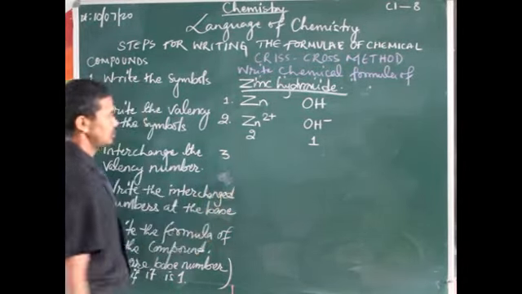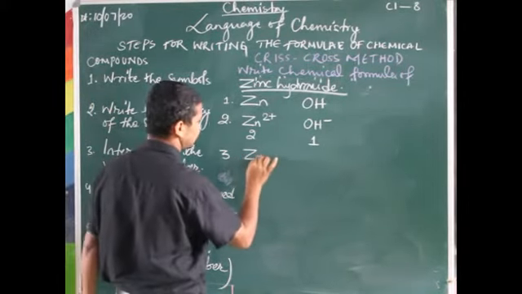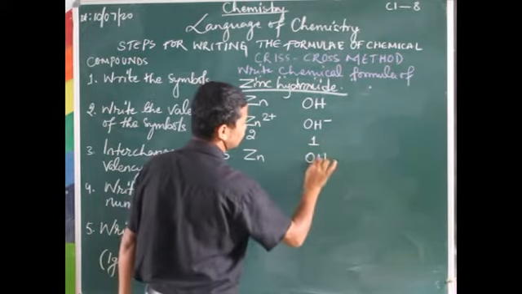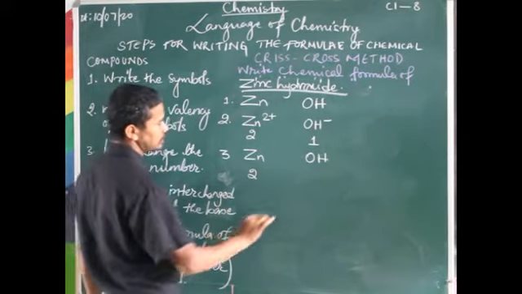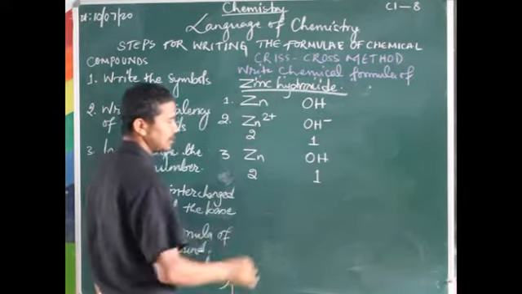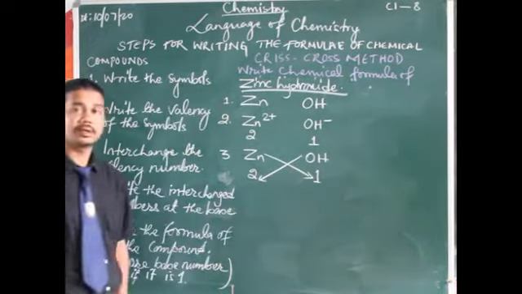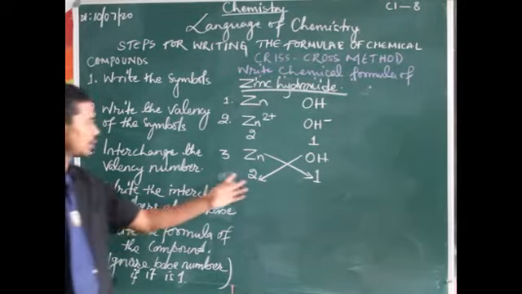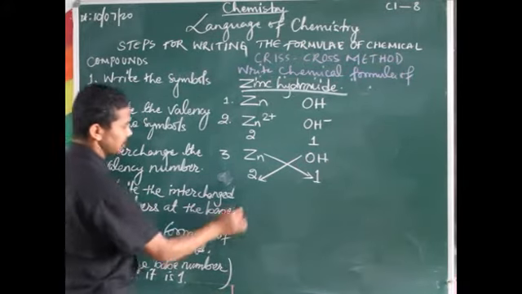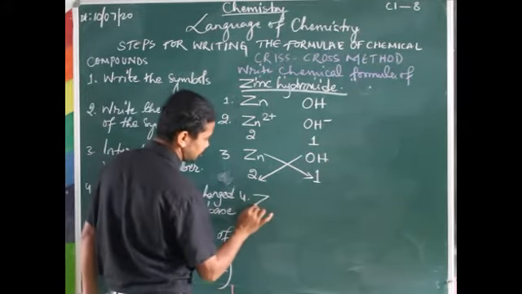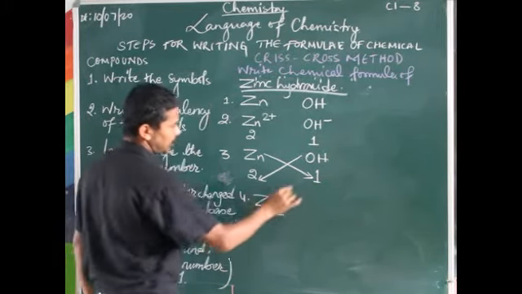Then step number 3, what do you do? Interchange the valency numbers. First of all, write the symbols zinc and hydroxide OH. Then the valency of zinc is 2 and the valency of hydroxide is 1. Then interchange. Now this interchanged number you will be writing at the base. In step 4, for zinc, here it is 1, so write 1. And OH,